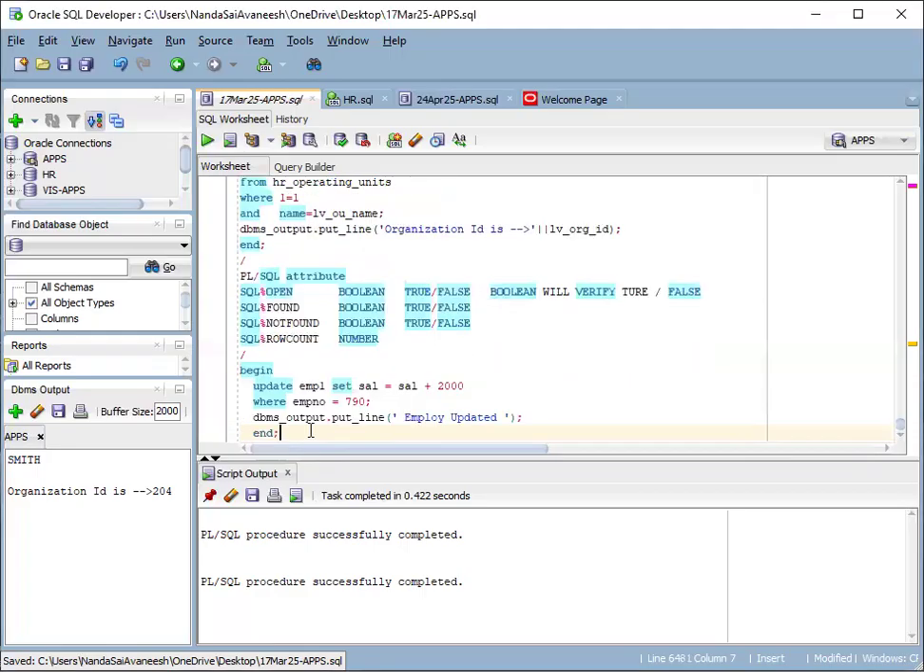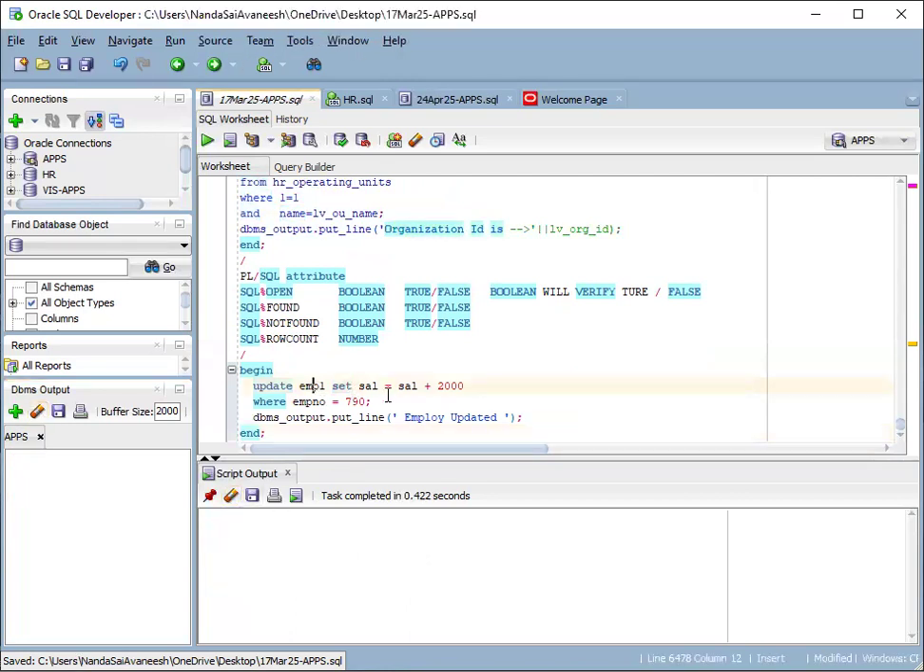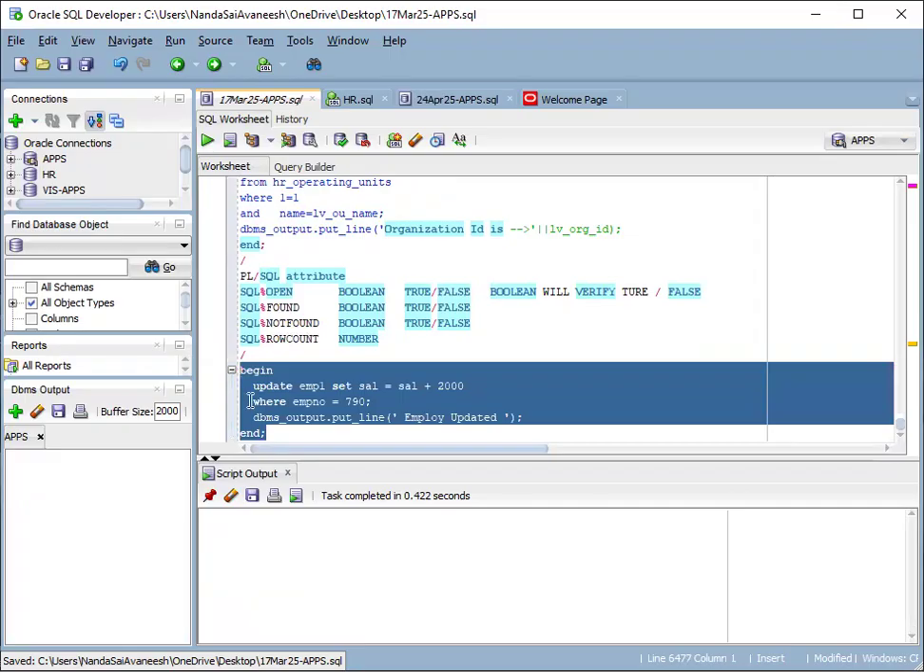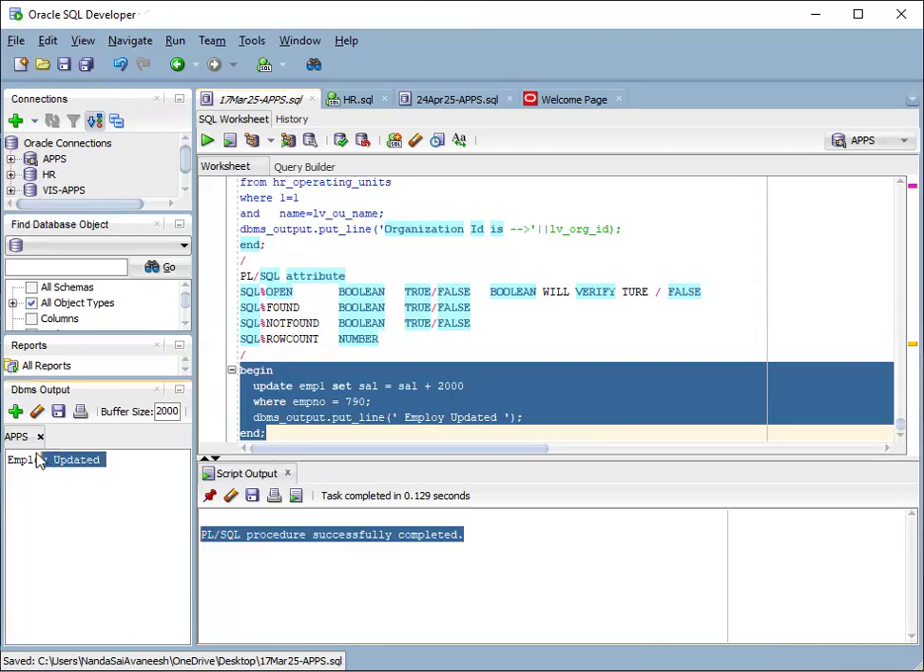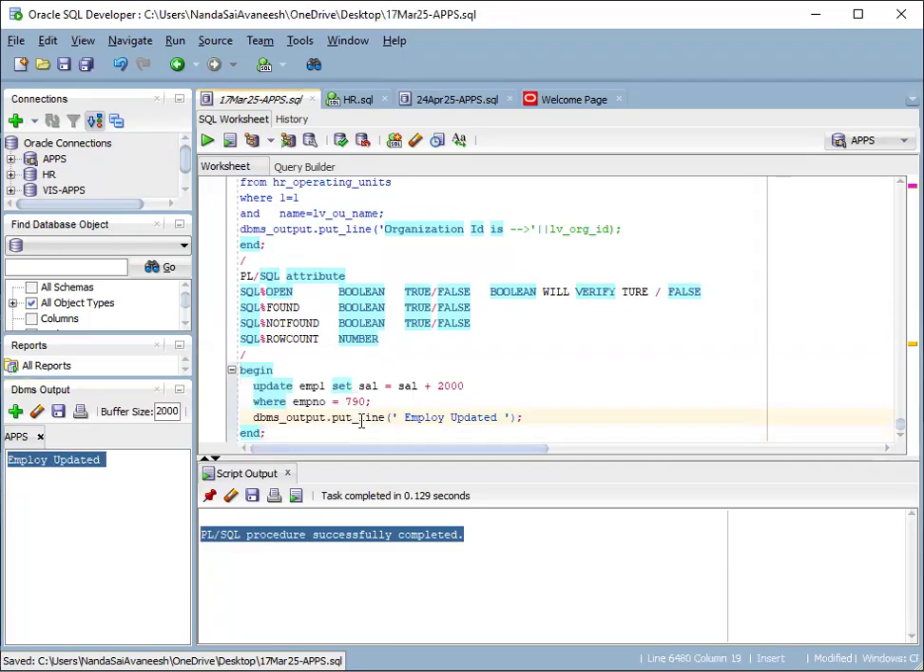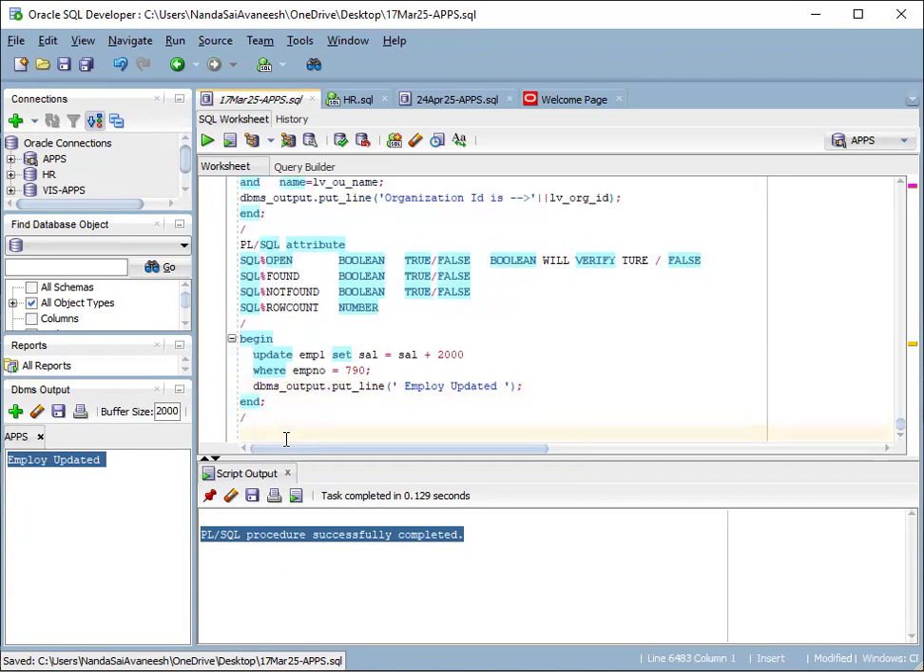Suppose I am doing a simple update. Begin, and then within the execution section I am updating one statement, that is update EMP1 set salary equals salary plus 2000 where employee number equals 790. DBMS_OUTPUT.PUT_LINE of employee updated. So if I run this, what will happen? It is saying the PL/SQL procedure successfully completed, and in the output the employee updated message is coming. But whether it is really updated in the table,